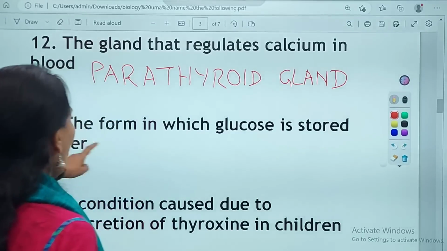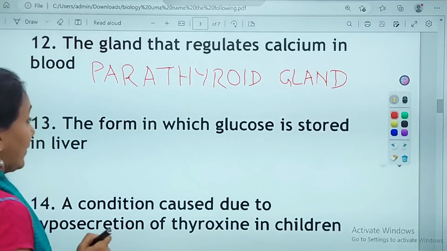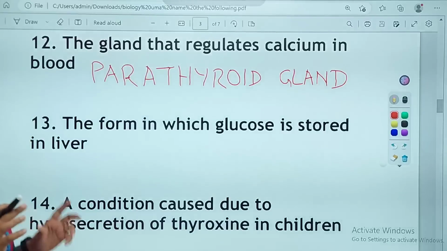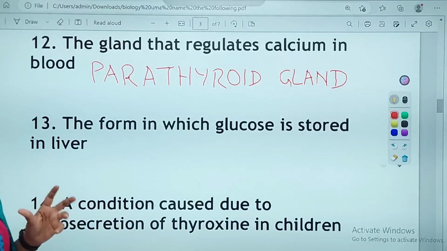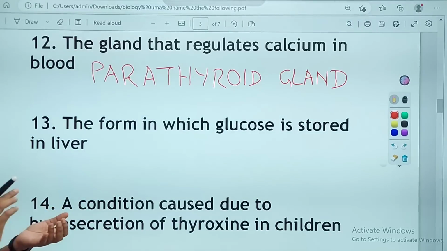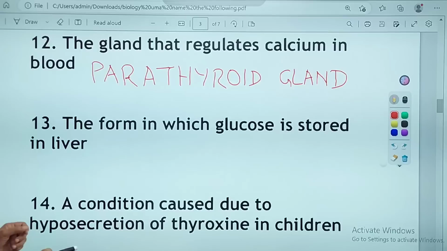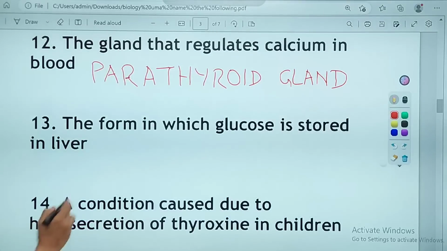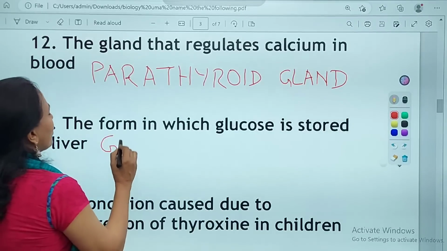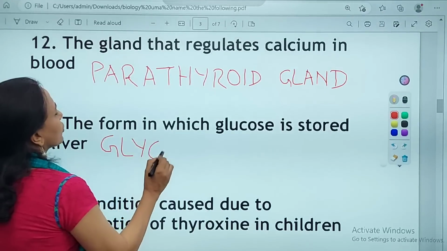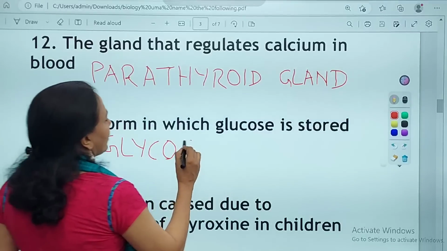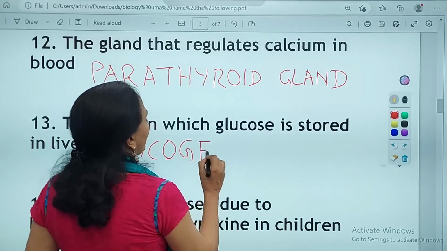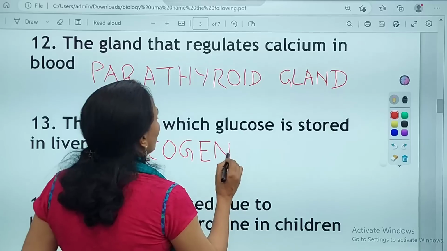Next one. The form in which glucose is stored in liver. This is again very important, because very often children make that mistake with the words. I'm not telling you the answer yet. I hope some of you, or most of you, if not all of you, have got the answer. The form in which glucose is stored in liver is called glycogen. Because so many of these terms are thrown at you, it can be confusing, and therefore I'm repeating. The glucose